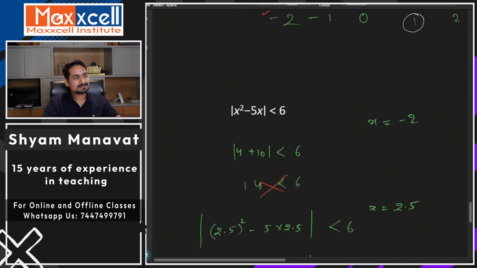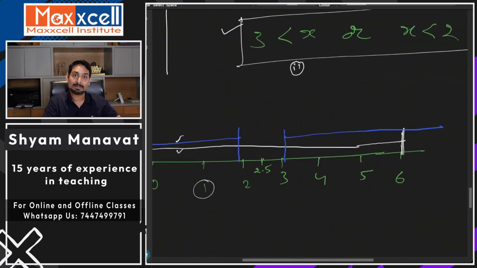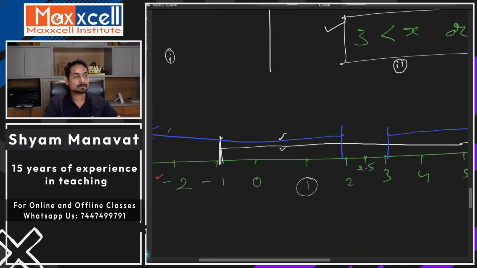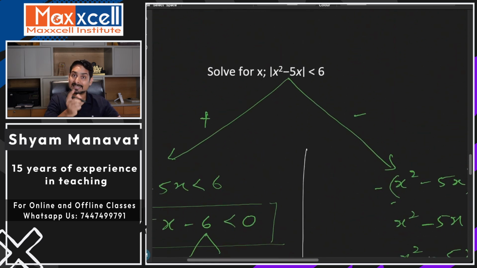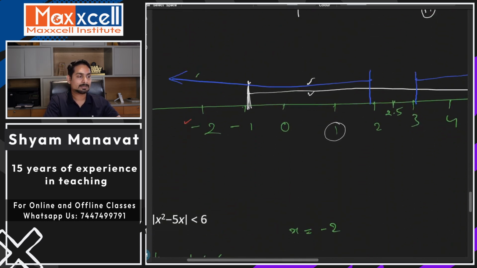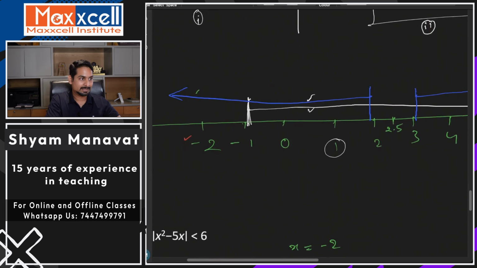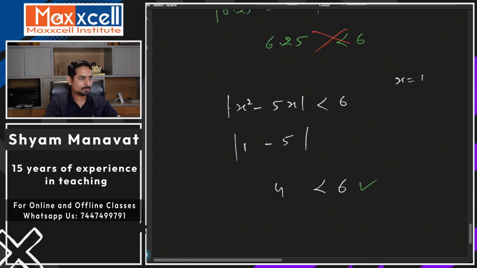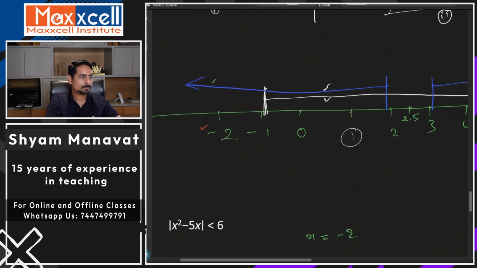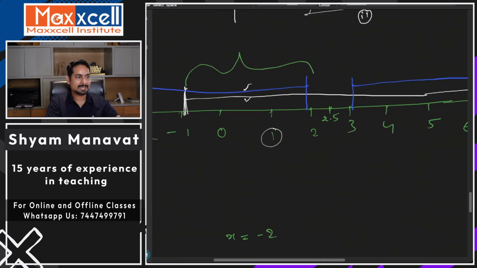Similarly, you can try 4 and 5 also. That will also work. You know what the conclusion is? When you get this quadratic inequality, and inside that you have the modulus, after removing it you get plus and minus, look at the common area of both the solutions. So this common area is working. The solution here is ranging from -1 to 2 and ranging from